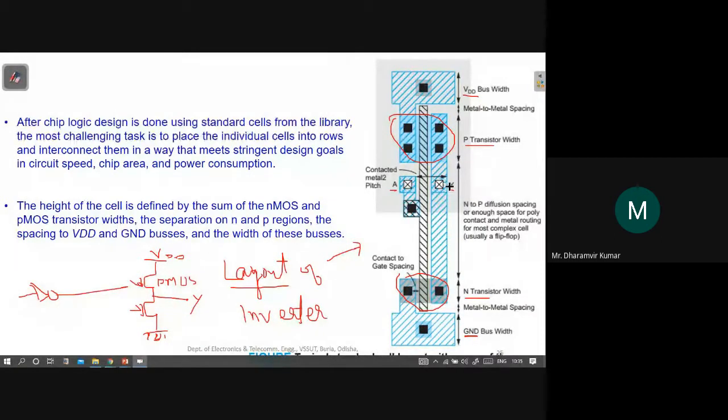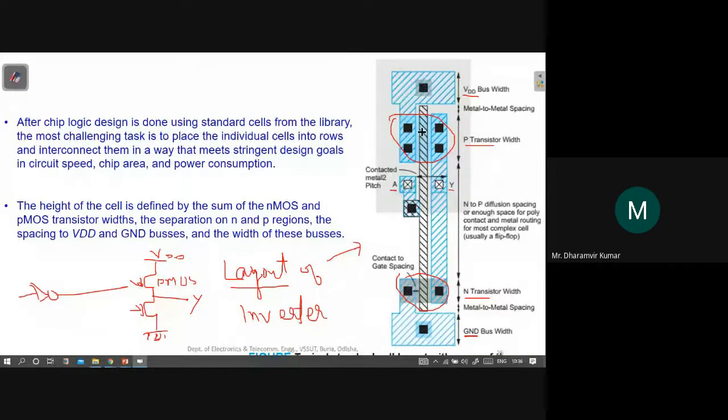Okay. This is the power rail, VDD rail, this area, and this area is the ground rail. Again, this is blue in color, so it represents the metal deposition. And this is also blue, so this is also the metal layer, which is used for providing power connection, VDD, power supply to the circuit. Okay. So this is the actual layout of a single 1-bit inverter, single inverter circuit.